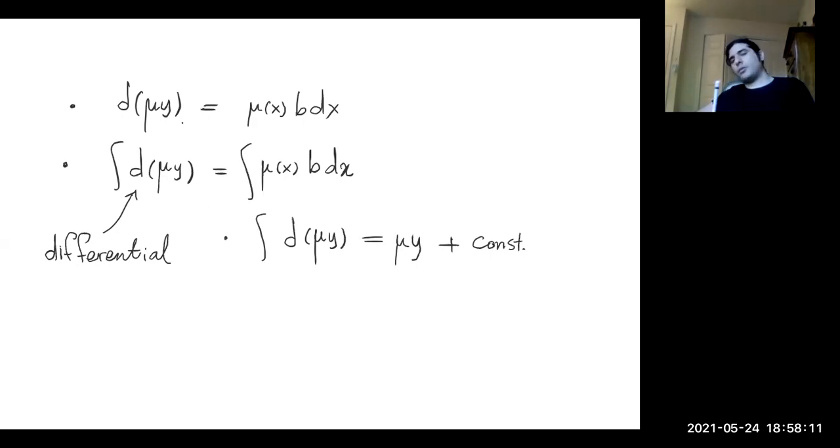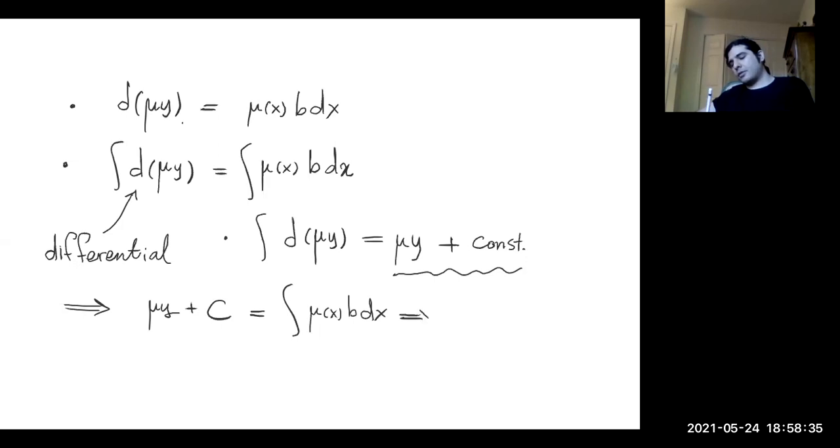Well, we still don't know what mu is, so we can't do anything about the right-hand side, but we can use this expression for the left-hand side. That implies the left-hand side, which is mu y plus a constant c, is equal to the integral of mu x b dx. Therefore, mu y is equal to this integral